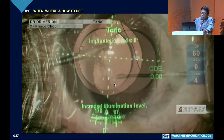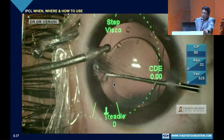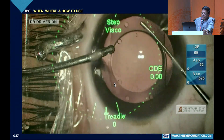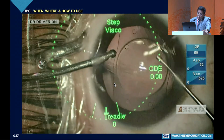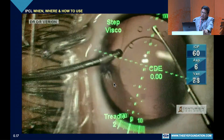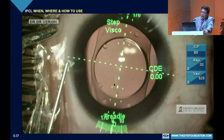And I do not introduce any viscoelastic, just go in with the irrigation cannula, and with the digital overlay. Of course, you can do it with the manual marking also. I just go ahead and rotate the lens to its new position. And just in case you have the residual refractive error and the new position of the lens and the shift